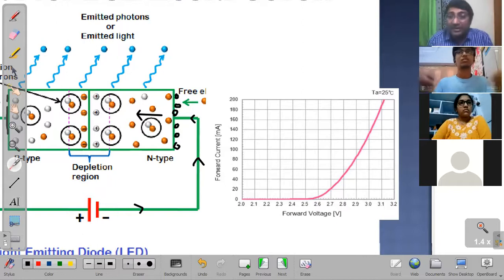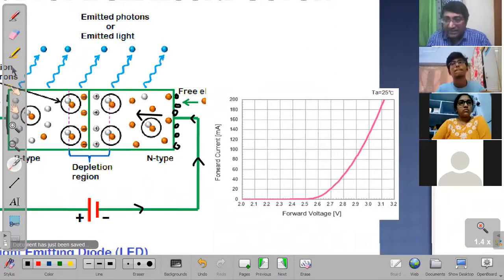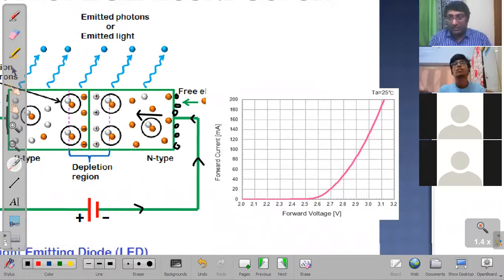Otherwise, we'll move on to the next activity where we'll try to understand what happens when we increase the temperature of a substance. Will it be linear? Will it be non-linear? Will it be ohmic? Will it be non-ohmic? What's happening inside? All that I want to ask you, actually. All that we'll be discussing a little more. No questions, right? All right, so let's move on.